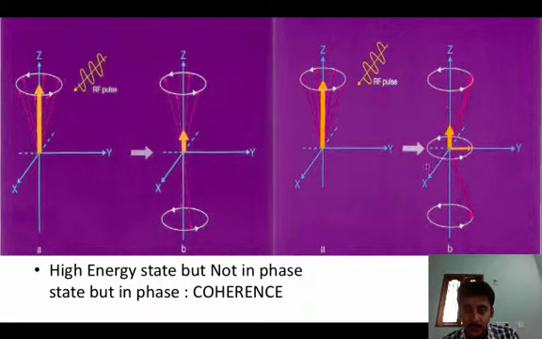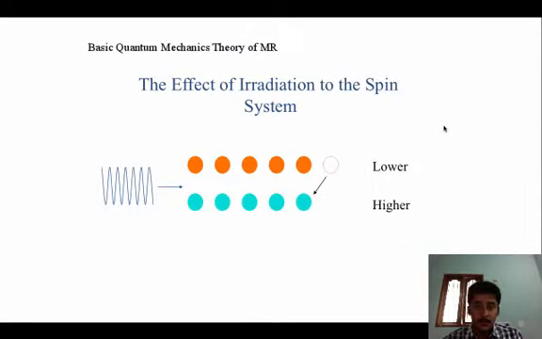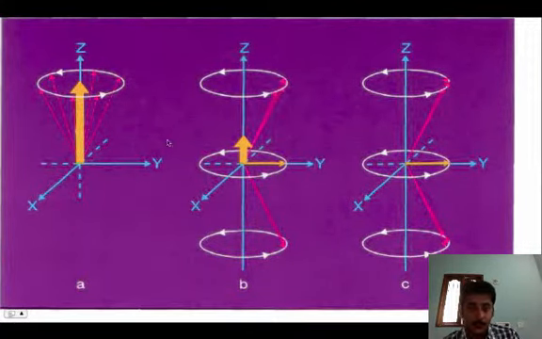Hence that frequency of the RF is in resonance with the Larmor frequency. So this is magnetic resonance imaging. This figure shows a dot diagram which shows low energy protons jumping to the alignment of high energy protons on application of energy. So this is what we have shown earlier.